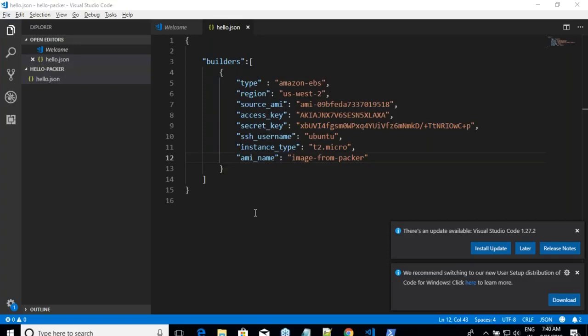Is it possible to take images on a scheduled basis? Is it possible for you to create a schedule to call some command? Every 5 minutes you have to call some command. If it is possible, whatever you are asking is also possible, because every 5 minutes call the same command, packer build hello.json. Then you will get the new image built on schedule. That's the whole point. So how do you create a schedule is an external tool.